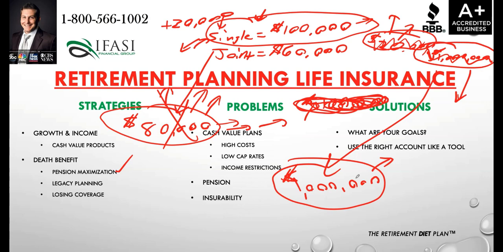You could use these individual tools. Think of life insurance like a tool, just like if you're leveraging an IRA account that's set up for growth and you want to be super aggressive with those monies. That's a tool with investments. Or if you're leveraging a fixed account, that's a tool with fixed rates of return. So everything is segmented like individual tools in a tool belt. It's just, from a retirement planning perspective, how can it be most easily used? How can it alleviate the most amount of stress? So you're placing the smallest amount of dollars into it and getting the most amount of benefit that will correlate to your goals and correlate to the chances of your success.